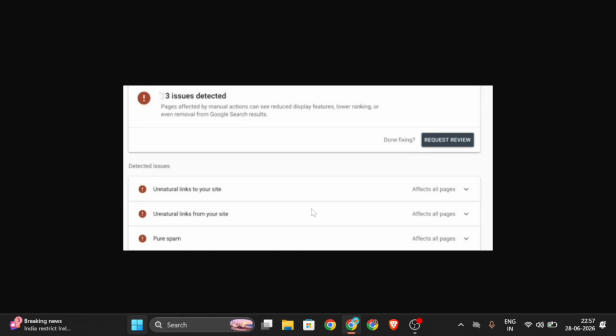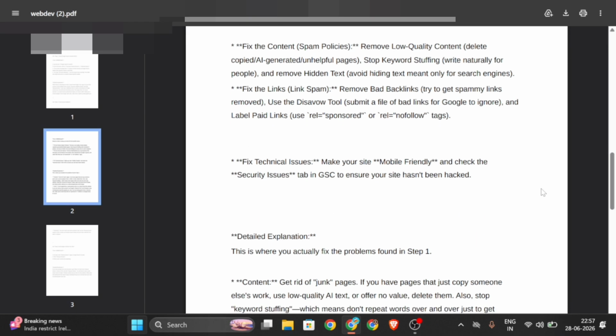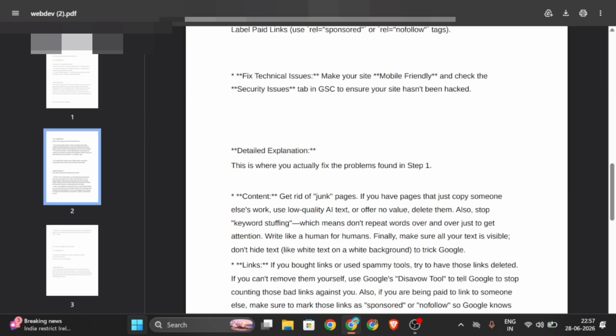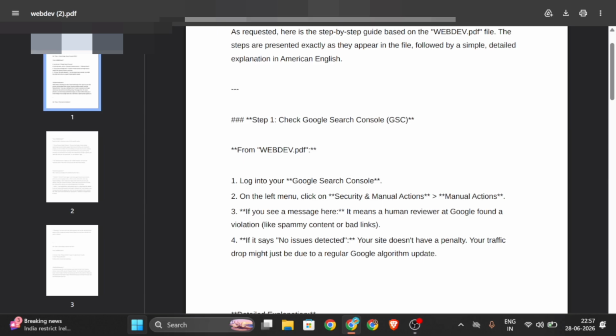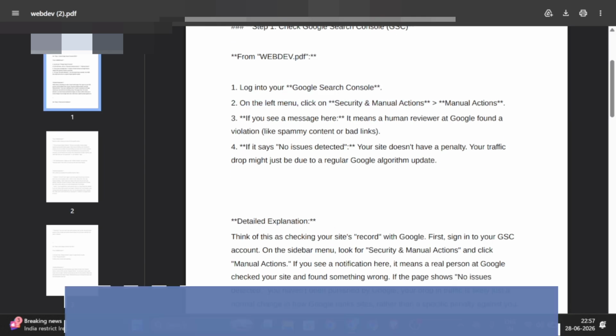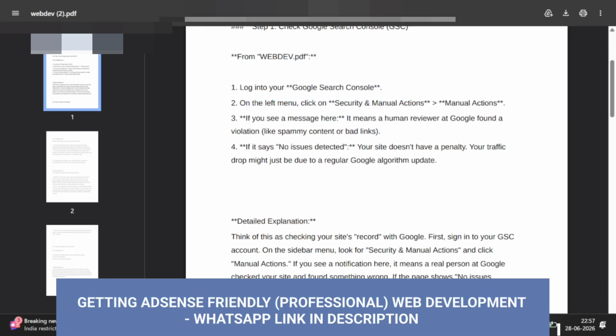So if you get any detection, which types of major issues can you see, and how can you fix them? Okay, let's go to the backend with a PDF, and I can explain it, because it's important for you. Step 1 is Google Search Console. First, check for spammy content or bad links.